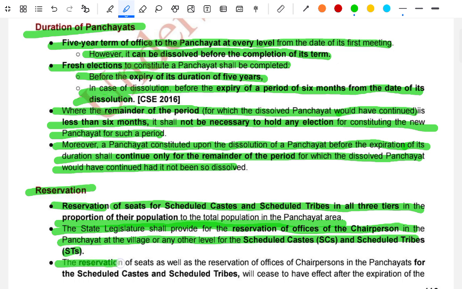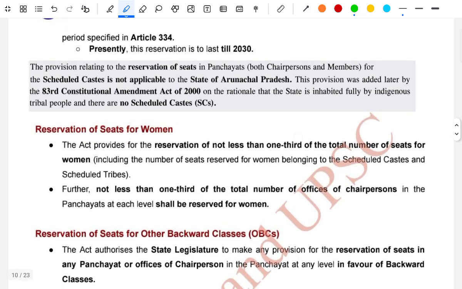The reservation of the seats as well as the reservation of the offices of the chairperson in the panchayat for the scheduled castes and the scheduled tribes will cease to have effect on the expiration of the period specified in Article 334. Presently the reservation is extended till 2013. The provision related to the reservation of seats in panchayats, both chairperson and member, for the scheduled castes